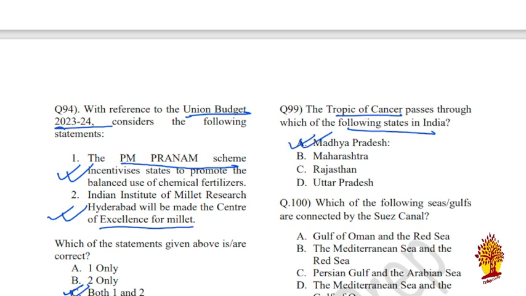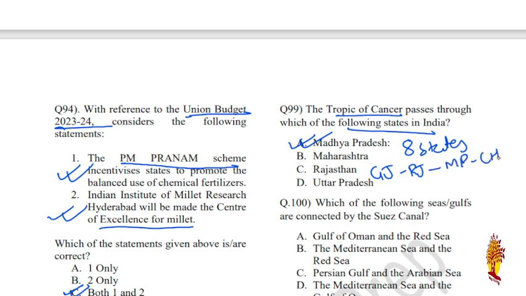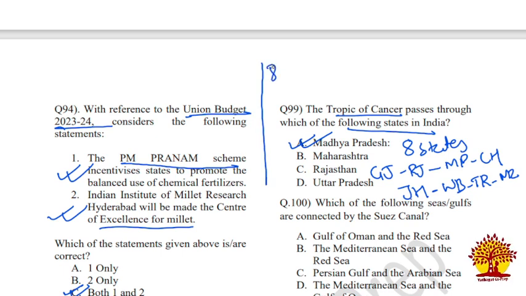Tropic of Cancer passes through total 8 states across India. 8 states: Gujarat, Rajasthan, Madhya Pradesh, Chhattisgarh, Jharkhand, West Bengal, Tripura, and Mizoram. These 8 states Tropic of Cancer passes through, and this standard meridian 82.5 degree,